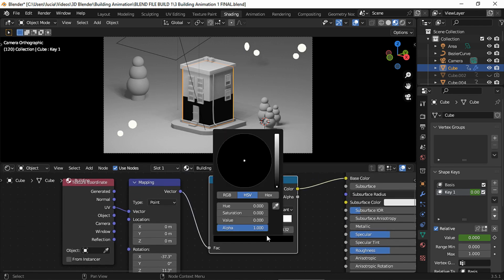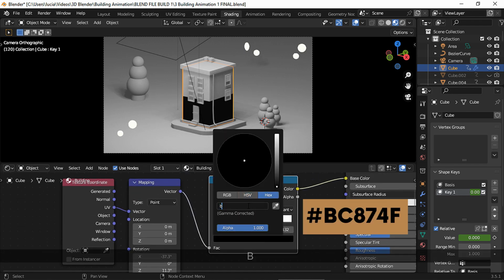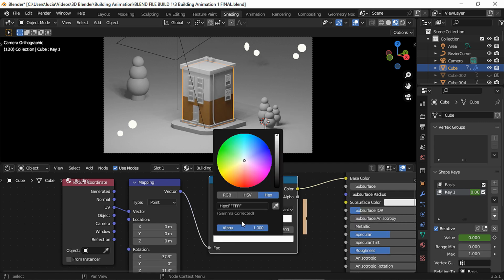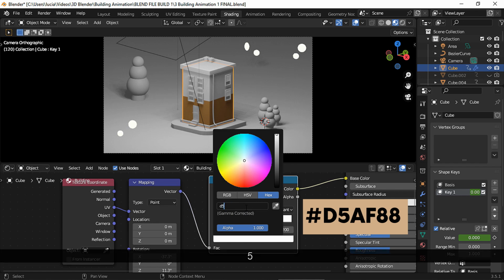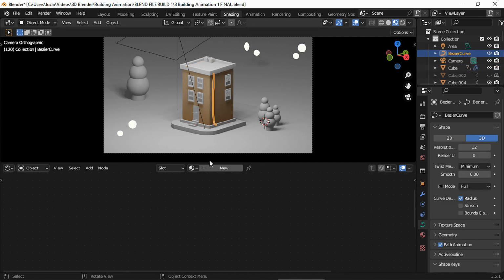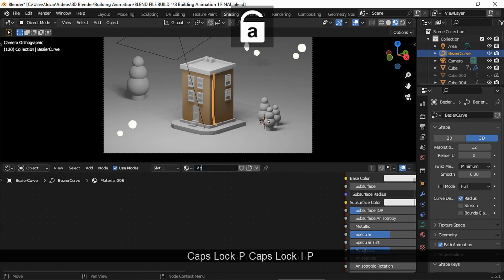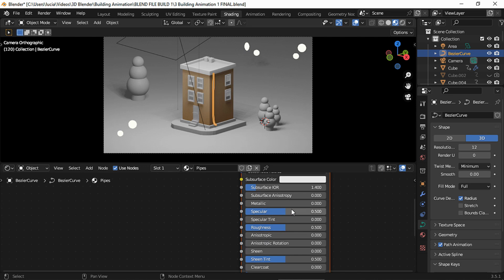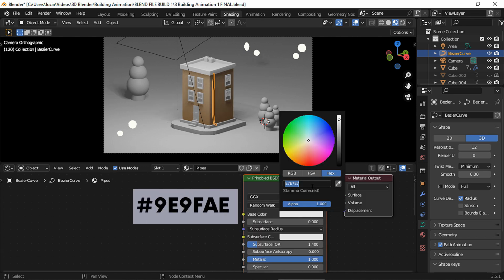And now we can choose the colors. and set the interpolation mode to linear to create a gradient shader. For the pipe, I changed the roughness, the specular and metallic settings. And I chose a blue color.